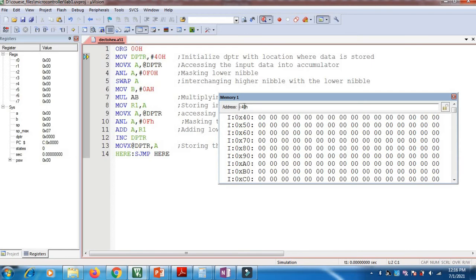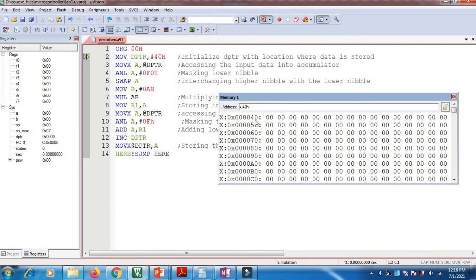Now we need to open the external memory here. External memory means we need to type X here, right? So we got X:0x40. Here we'll store our data 97. This needs to be done before executing our program. Now start executing step by step and see the changes in all the registers.